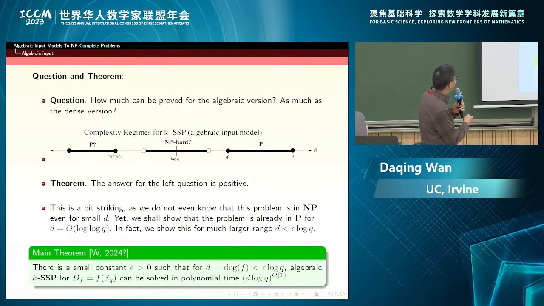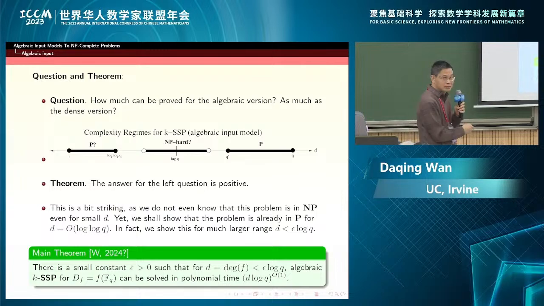Alright, so let's review how much we can prove for this algebraic version. Can we prove as much as we know for the dense version? For the dense version, we have this interval. Now our parameter is D, whereas previously the parameter was N. D, of course, is again between 1 and Q. And again, if D is polynomial in Q to the epsilon, then this is easy, a polynomial time algorithm. And now for D in the middle, a power of log Q,